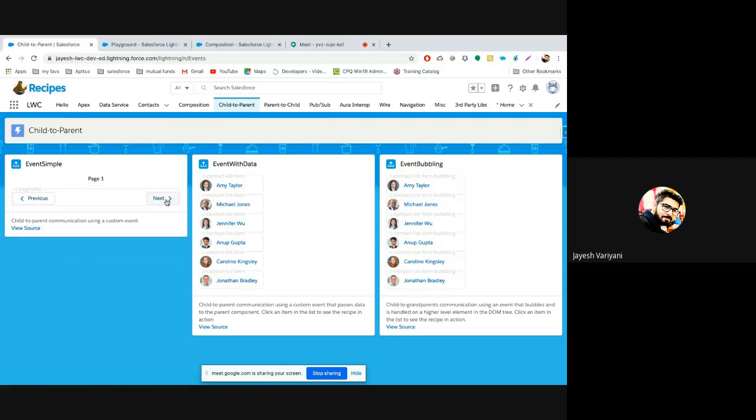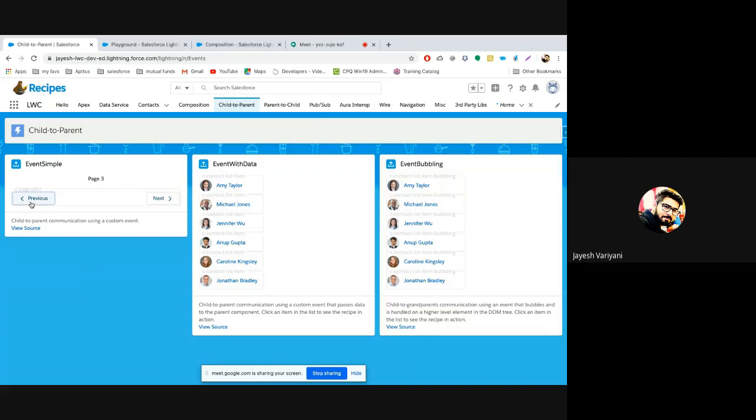On click of each of them we are firing an event, and this event goes to event simple, which is the parent component, and it updates the page number. So I click on this, and the page numbers are getting updated. Each time I click, it passes an event, and this parent handles that event. When I click on previous, it just reduces the number.